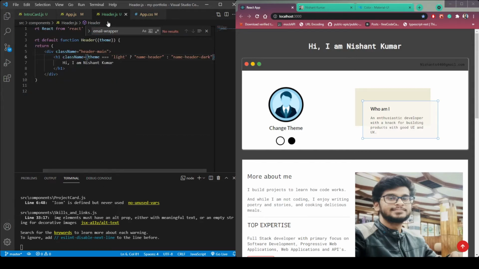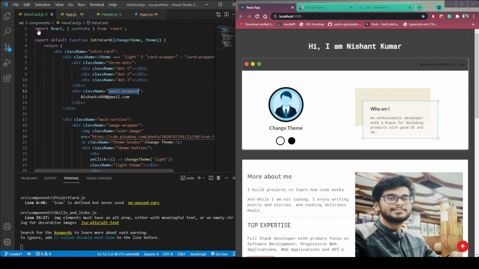So in this intro card.js, let's change the intro email wrapper. So copy the theme and paste it here. If theme is light, then we will show light theme, or else dark theme.